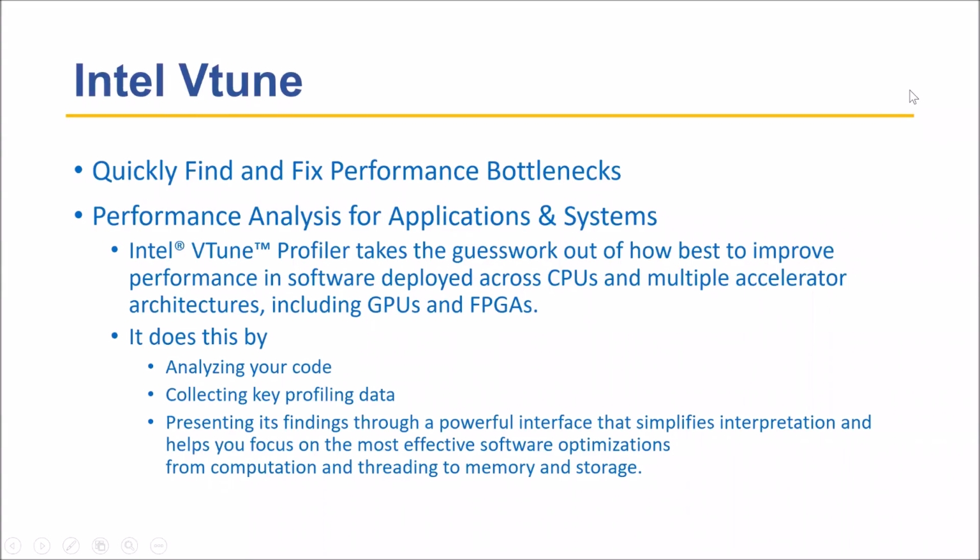Intel VTune is a performance analysis tool for applications and systems. It is useful for finding and fixing performance bottlenecks. The performance analysis is done by analyzing your code, collecting key profiling data, and presenting its findings through a powerful